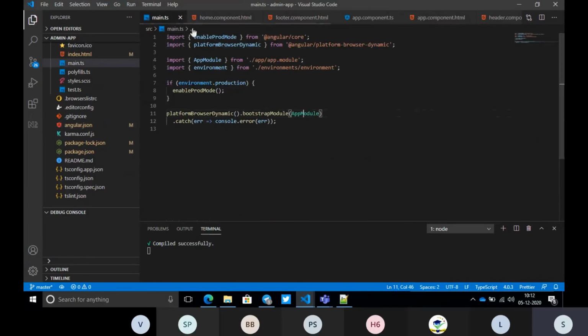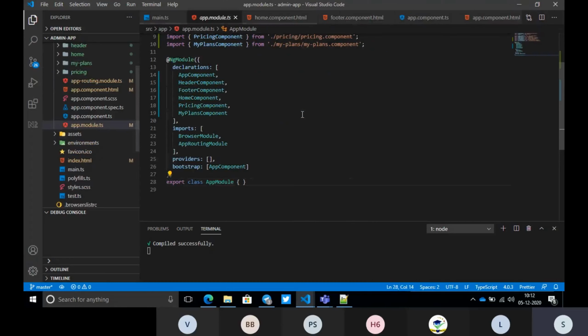And we have the main.ts now. In the main.ts, what we are trying to say here is we want to bootstrap the app. This is not the Bootstrap framework, so don't think of it as that; here it means the starting point of the application. So here we want to use the app module, and where is this app module coming from? Here it is coming from app underscore module. So I'm just going there.